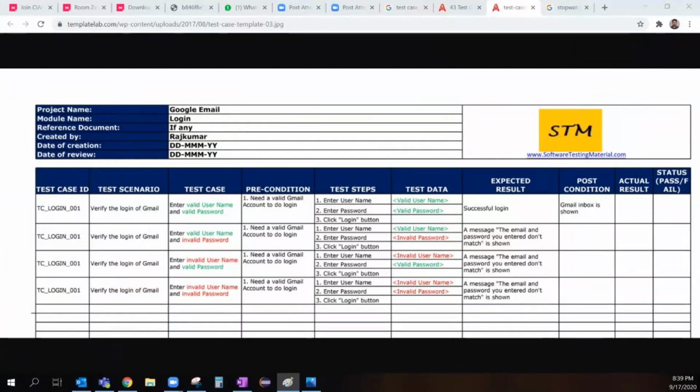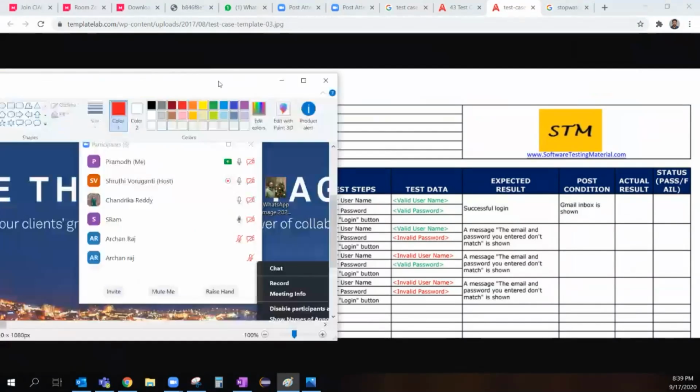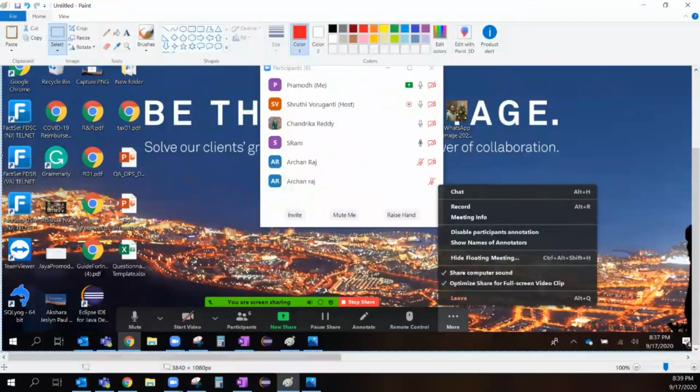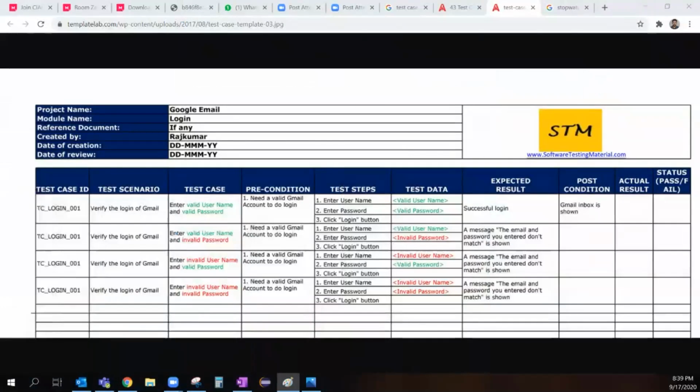Are you able to connect to me? Are you able to understand what I'm talking about? Yes. The step one is you have these 3 dots, more option at the right bottom in the menu, and choose the option called record. Once you click on the record, what will you have? The recording should start. Here is the expected result: the recording should start. And how do you verify it?